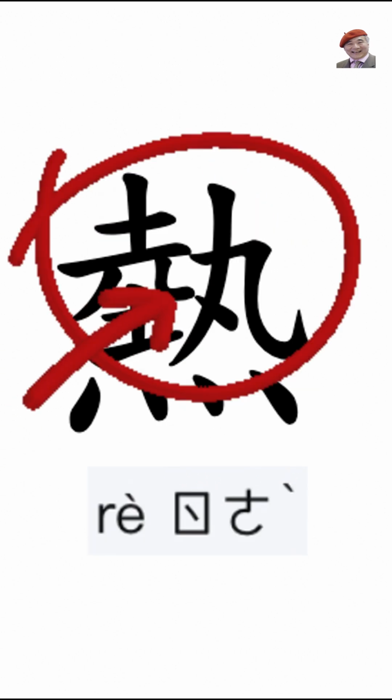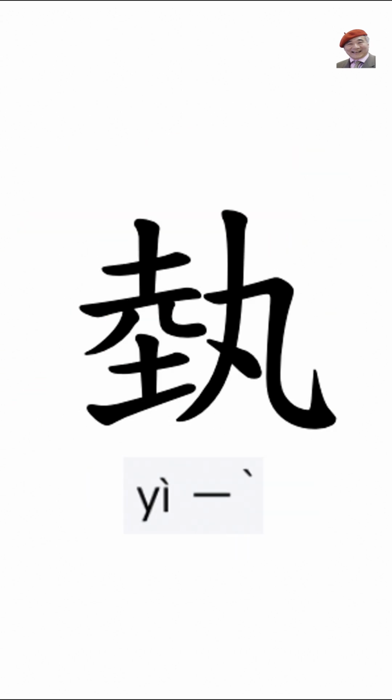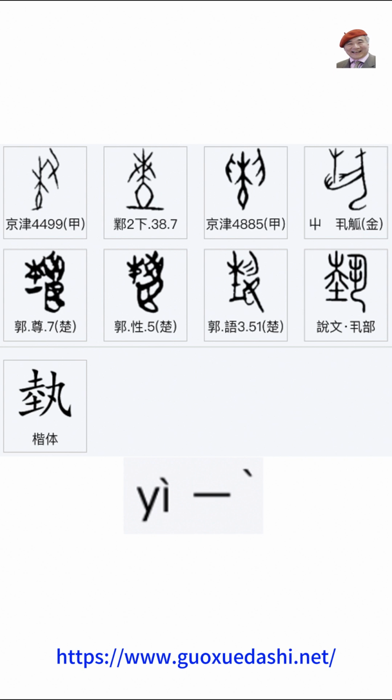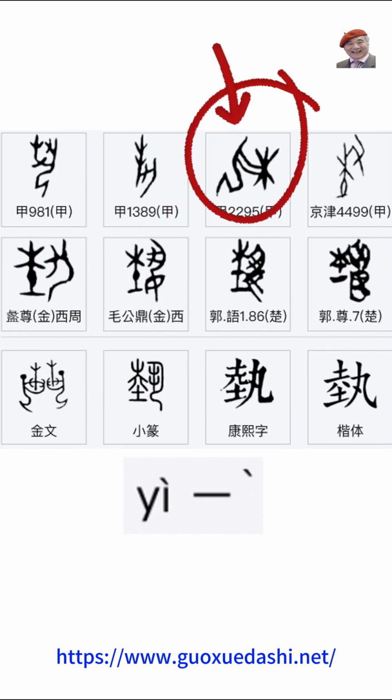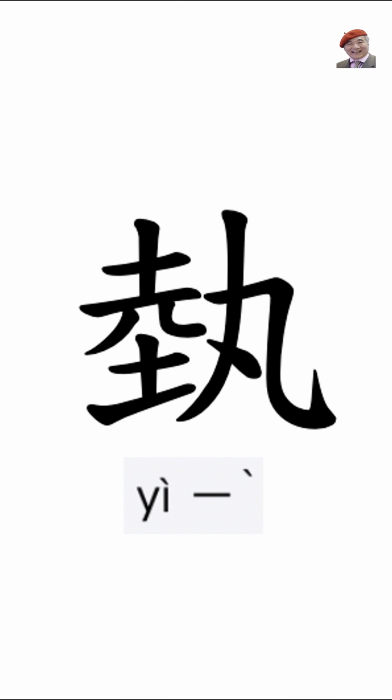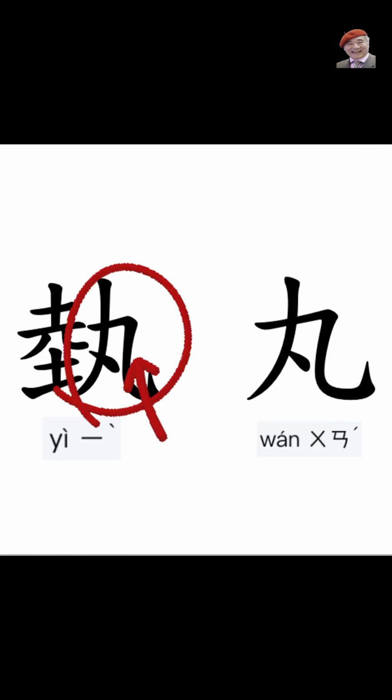The top part of the character is 一. In ancient writing, this character showed a person using both hands to touch a tree. It represents a skill that needs careful attention. Let's break down 一 even further. On the right side, we have